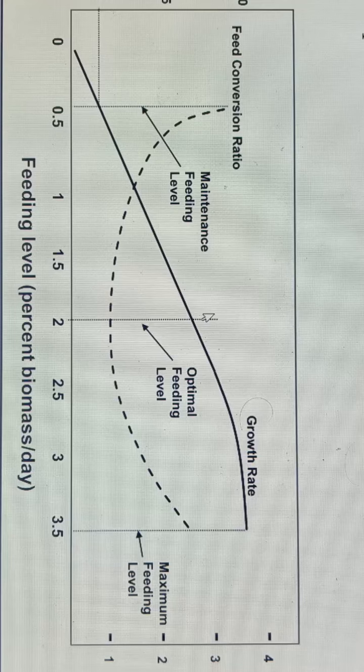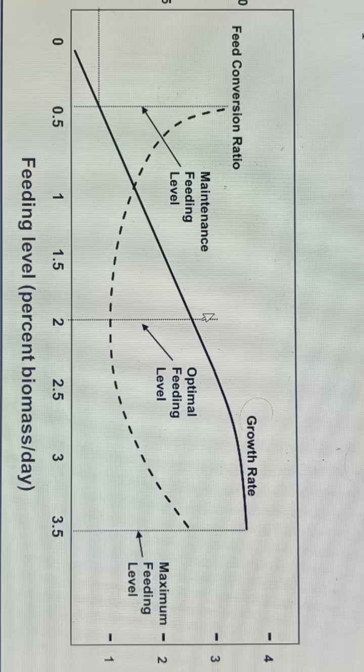If we look at this very carefully, we'll first focus on the solid line. You can see it is starting from 0 and is rising. At that particular point you can also see that the broken lines are representing the maintenance feeding level. At that moment FCR is high, meaning whatever feed we are giving at that moment is not utilized for growth, it is just utilized by the fish for its metabolism. It has no role, or minimum role, in giving them growth, but scientifically we say that growth rate is 0 at that moment. FCR is high because whatever feed we are giving, we do not find growth, we only find that the fish is utilizing it for metabolism.